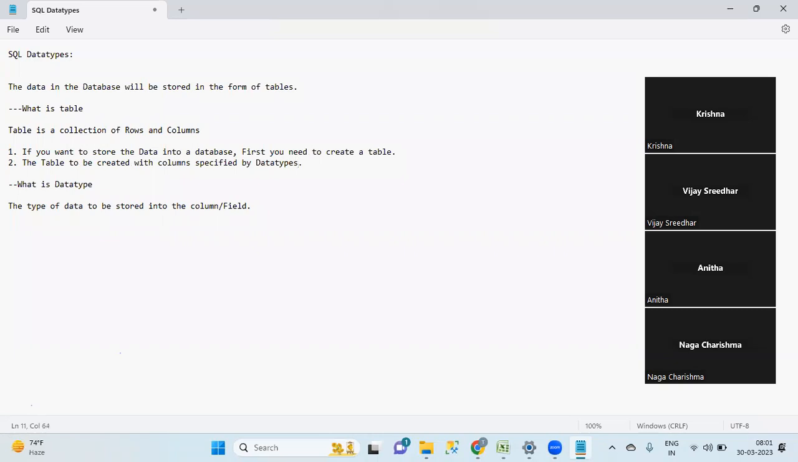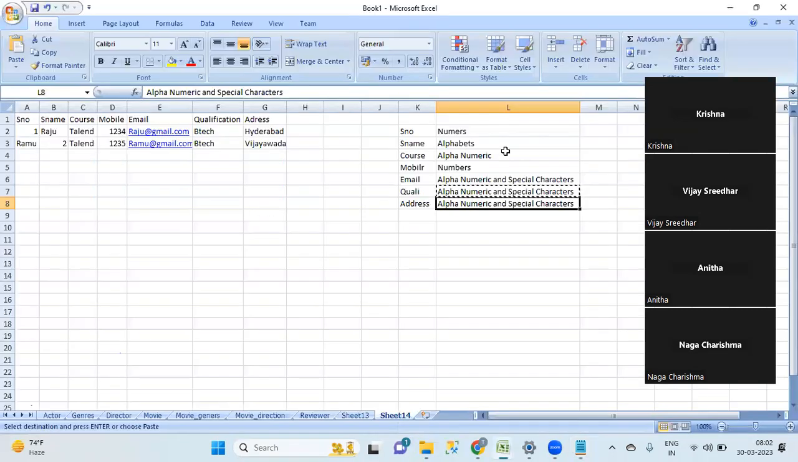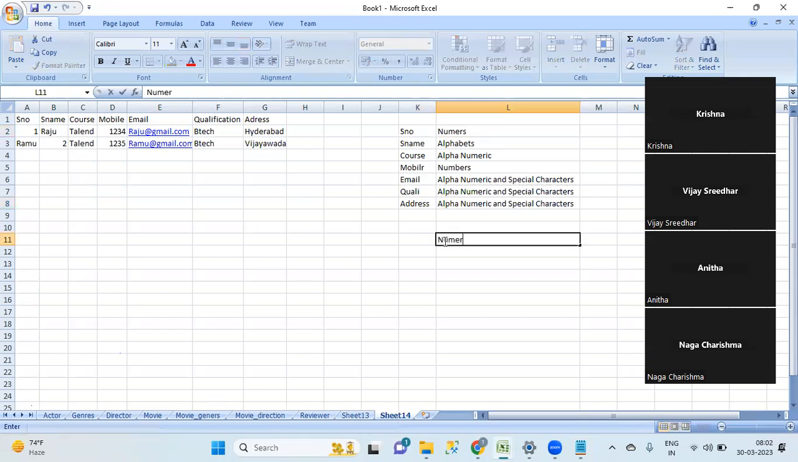The table is to be created with columns specified by data type. So here, what is data type? The type of data to be stored into that column or field. Now you understand the importance of data types, right? Here S number is there, and I just want to store numbers. If you see the different things here: numeric, numbers, and alphanumeric